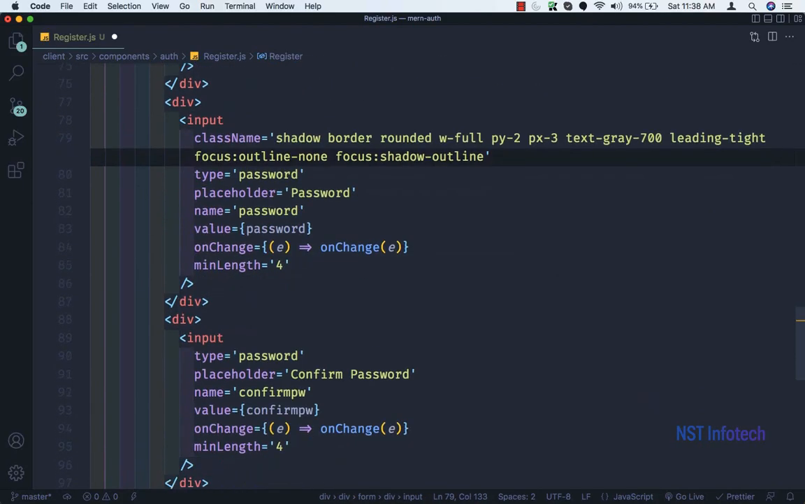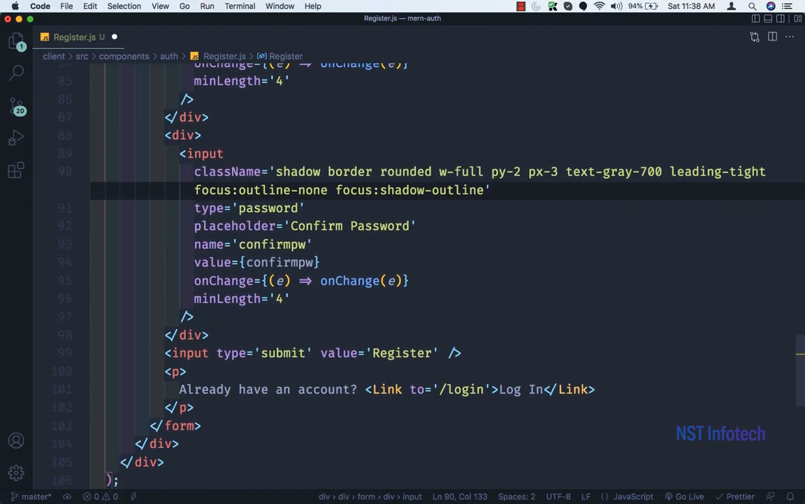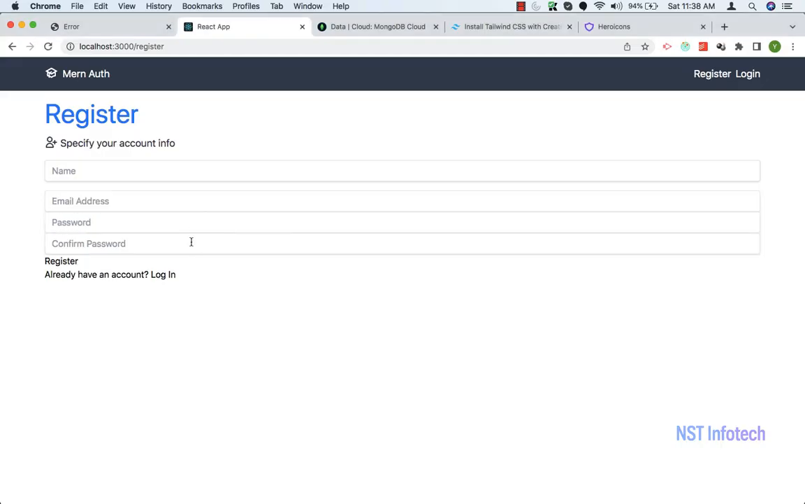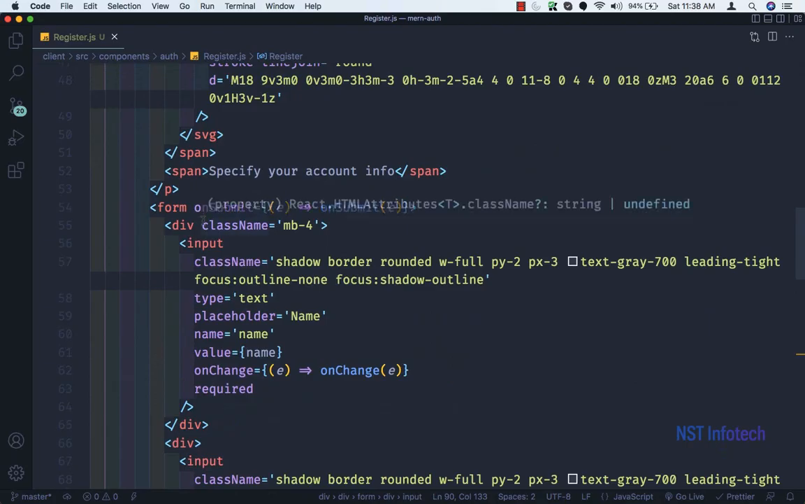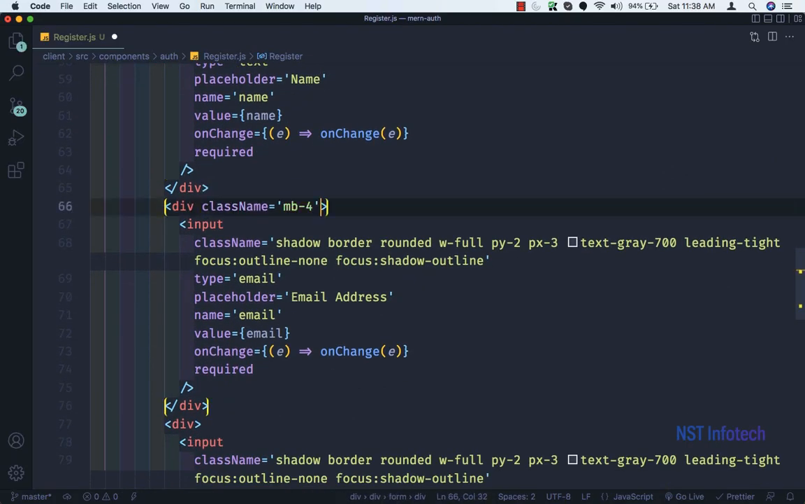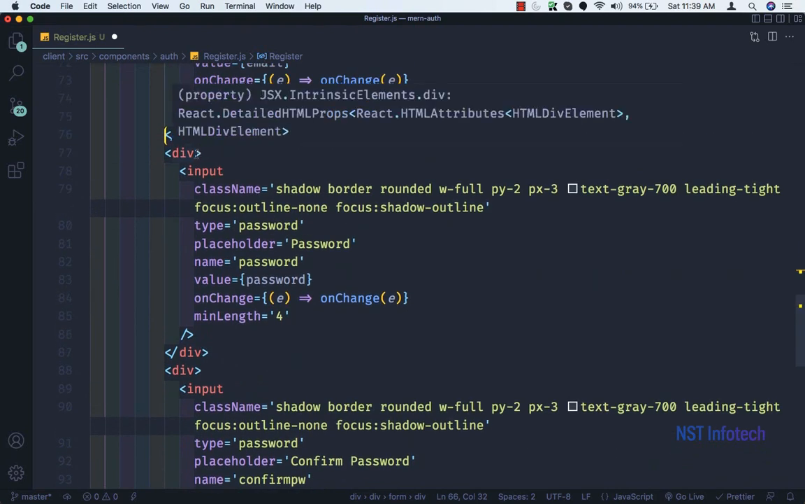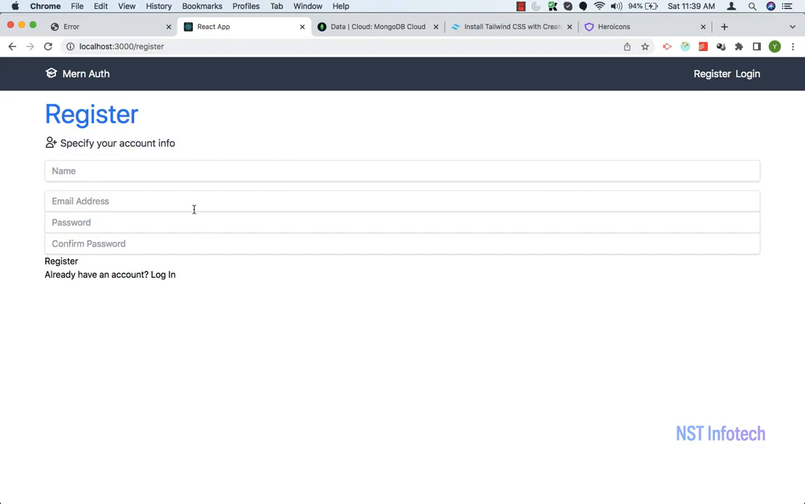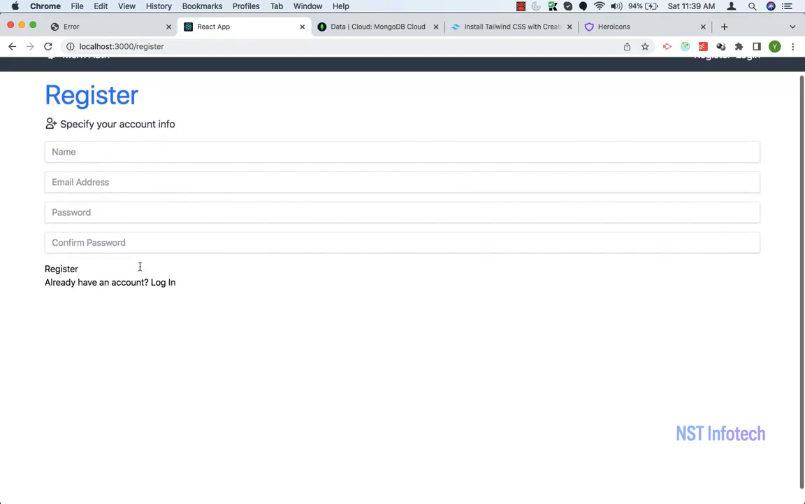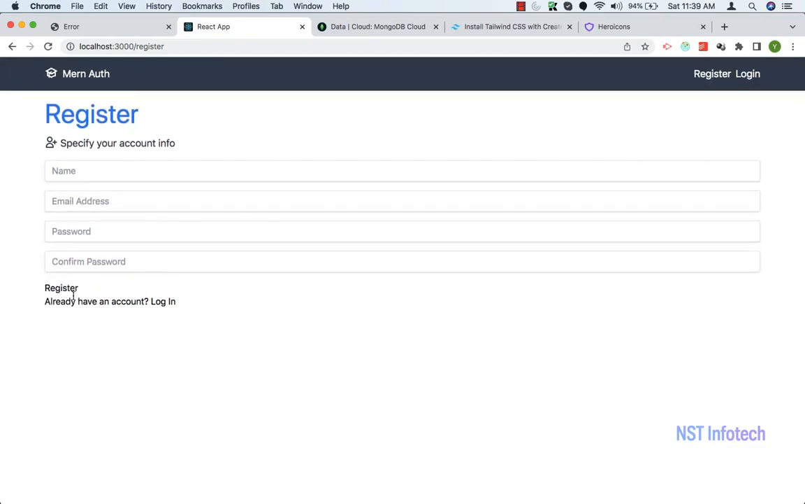Okay, all the inputs will have the same class. Save this. Okay, margin bottom we need, so let's copy this. Paste it in every div. Okay, this is looking much better. Now we need to